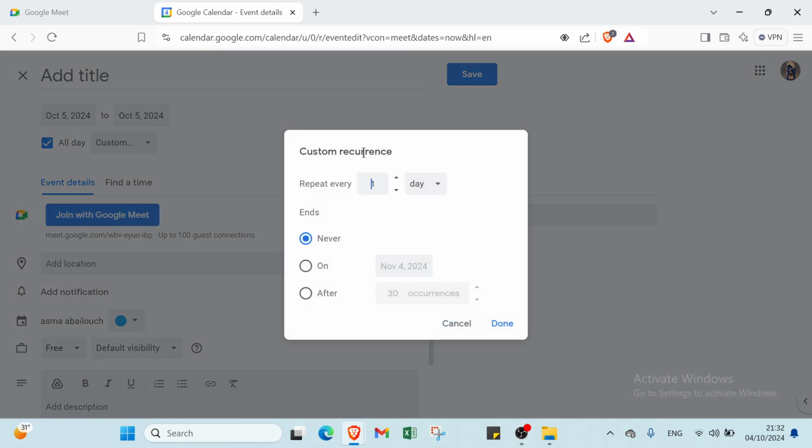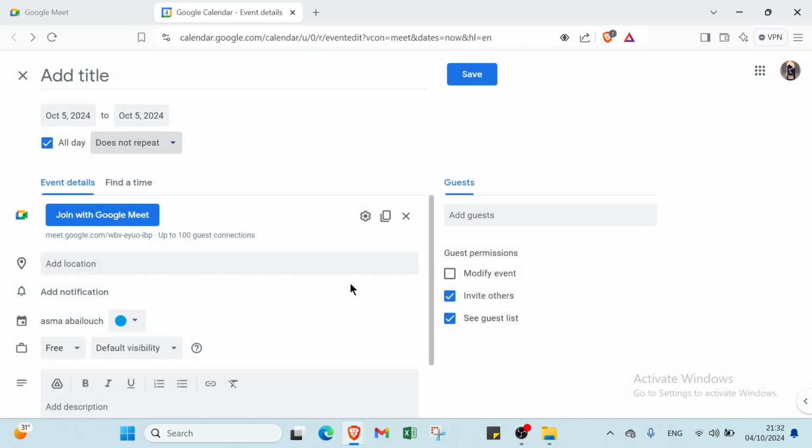If you click over custom requirements, you will find to repeat every 1 day or every 2 days, or you select how much days here, and we have events never on or after. Then we have your event details. We have your time with Google Meet. We have here to add location, add notification,